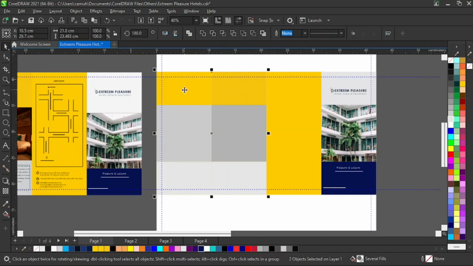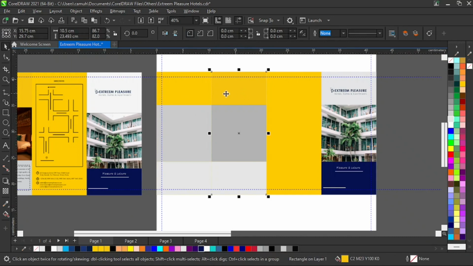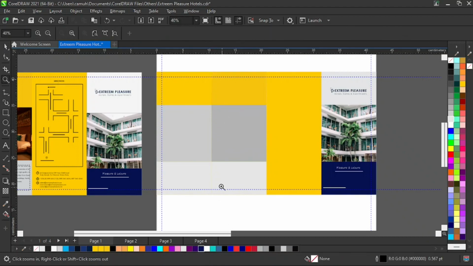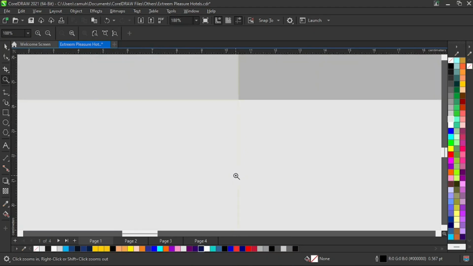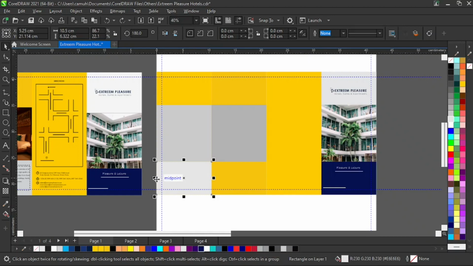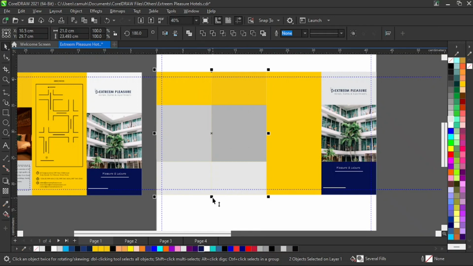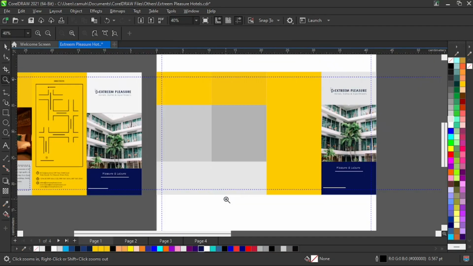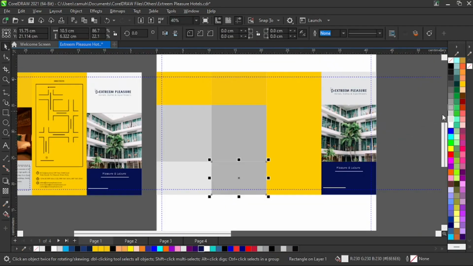I can just click this and this. I click this, hold on my shift and click this, and I'll select both of them, grab that and pull that up. At this point, I'll right click. So the yellow will not be showing at the middle here. I don't want that showing. No, undo that. Undo that, okay? I'm going to flip that again, just flip that, select this and this, pull that up, and I'll just leave it there. Beautiful. So I don't want the yellow showing at the middle. You can see it's clear now. It was showing before. I can make this a different shade of ash so you can actually see the difference. All right,